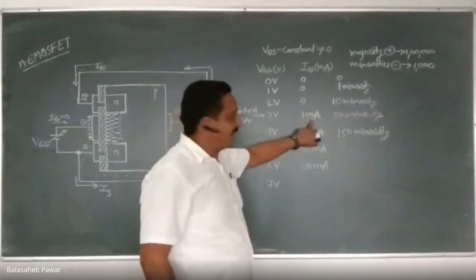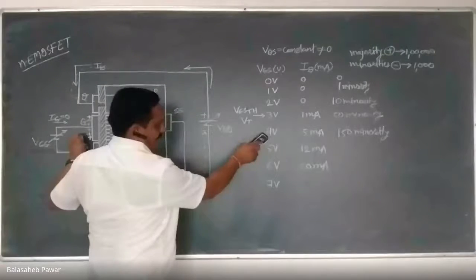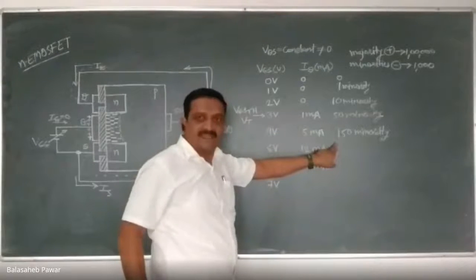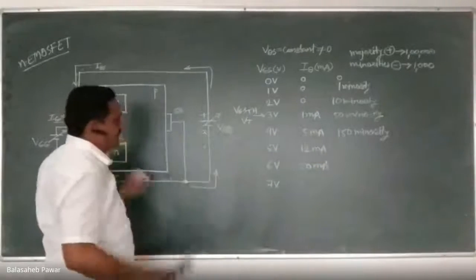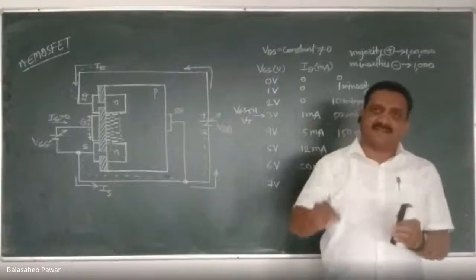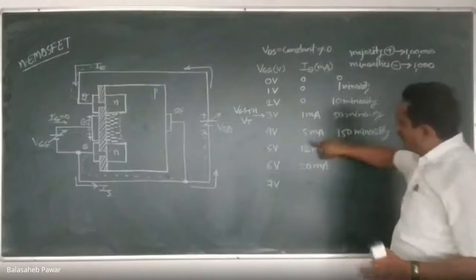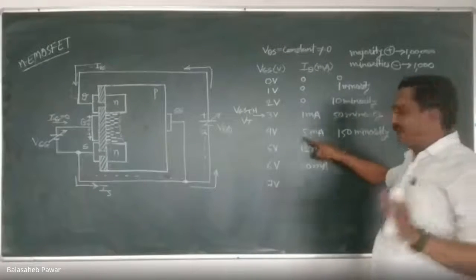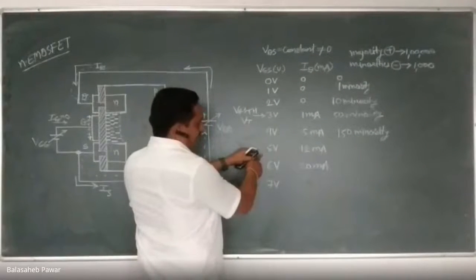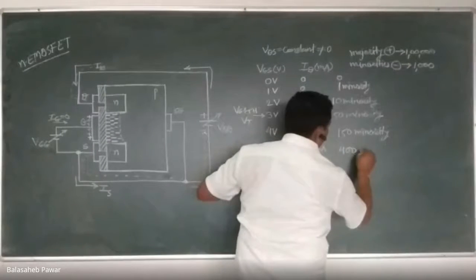Am I right? Now, if we increase VGS from 3 to 4, what is happening? Again, more minorities get attracted. Previously it was 50, now it becomes 150. That means the density of accumulated charge carrier gets increased, and as accumulated charge carrier density increases, its current handling capacity also increases. So due to those 150 minorities, current becomes 5 milliampere. Now, if I still increase VGS from 4 to 5, I will consider here 400 minorities get attracted.